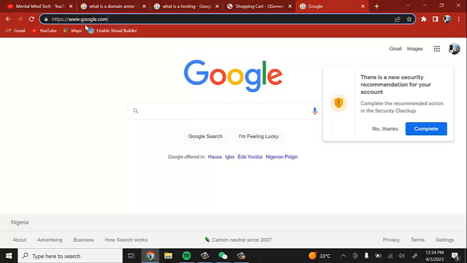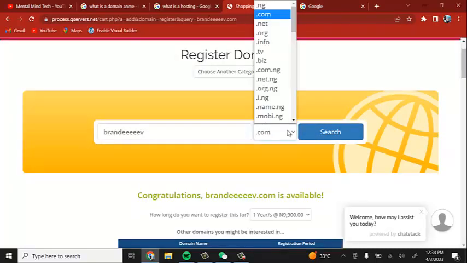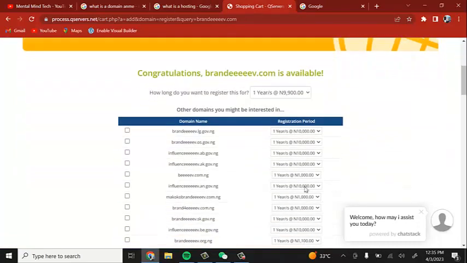So www is the prefix. Google itself here is the main name. And .com, which is after the main name, is what we call the suffix. Things like .com, .ng, .com.ng are suffixes of a domain name, also called the extensions of a domain name. When you want to purchase a website, you need to check the extensions and know which one you are using. We have a whole lot of extensions.